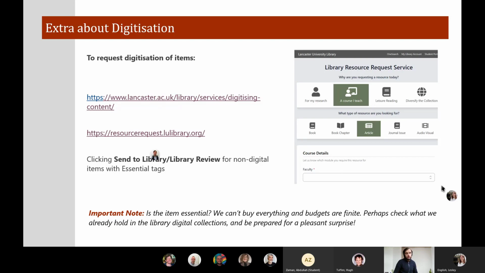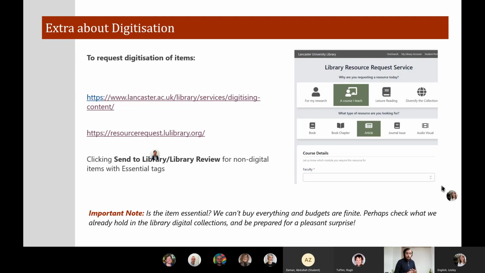So if you, for instance, already have a reading list and it's got a lot of paper items on it that need digitizing, fill that out. We will go and do our best to find them. If we can't find the digital versions, you'll usually be sent along to the faculty librarian where we can explain why, and maybe recommend an alternative resource, because some of the paper resources are not available, unfortunately.